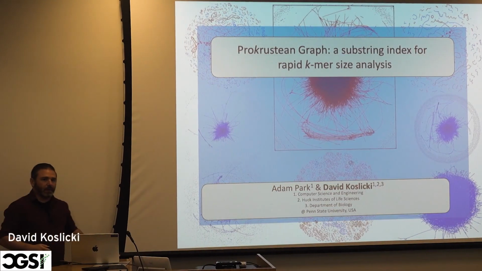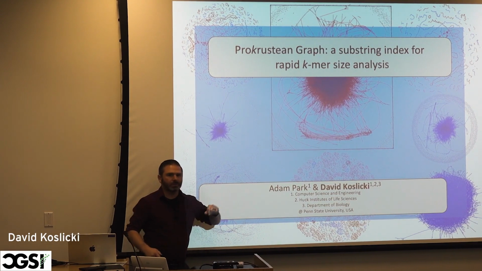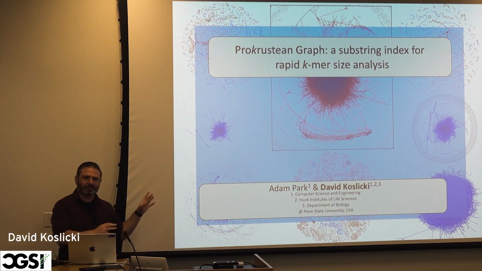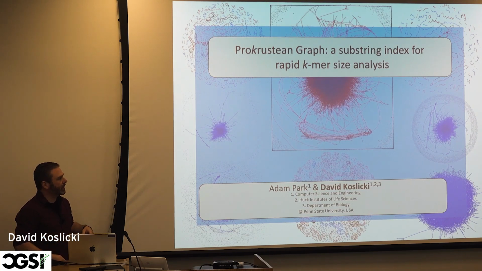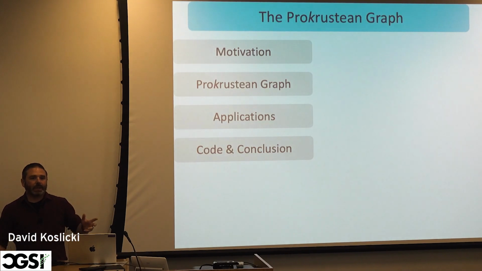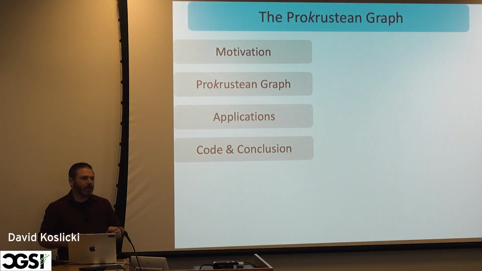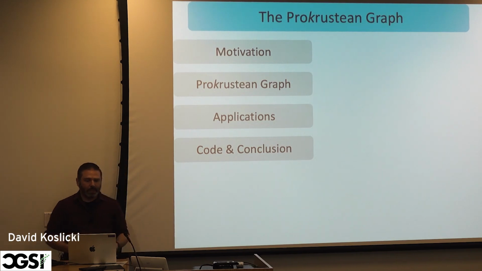So if you were here at CGSI last year, Adam Park, a master's student, actually gave one of the 10-minute talks on this subject. So this is going to be a bit longer, a bit more detailed version of that. So the plan for today: I'm going to motivate the problem, talk about the actual Prokrustean graph, this new data structure that has to do with k-mers, and then look at a couple of applications,